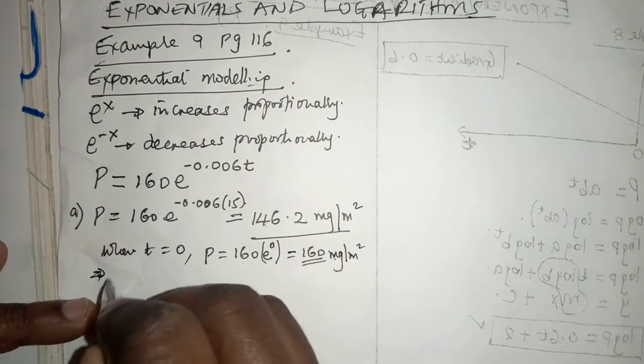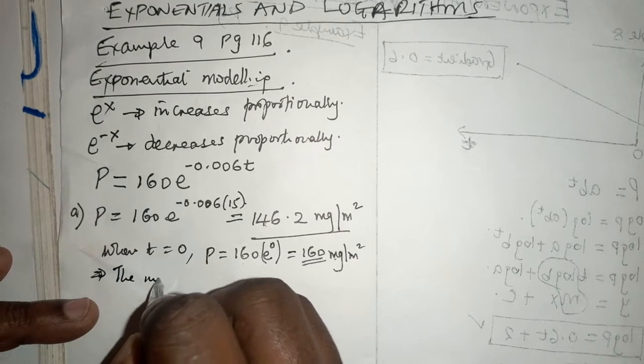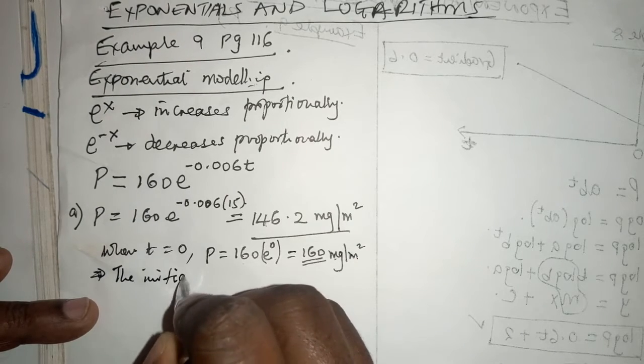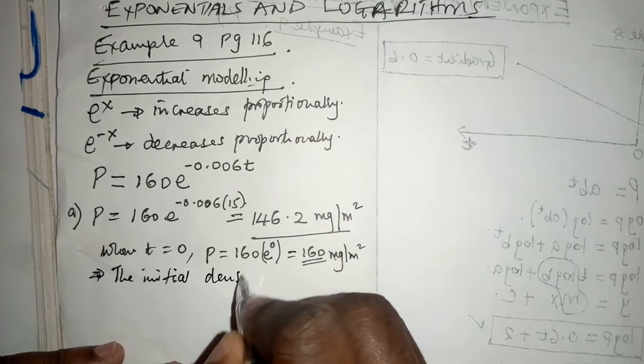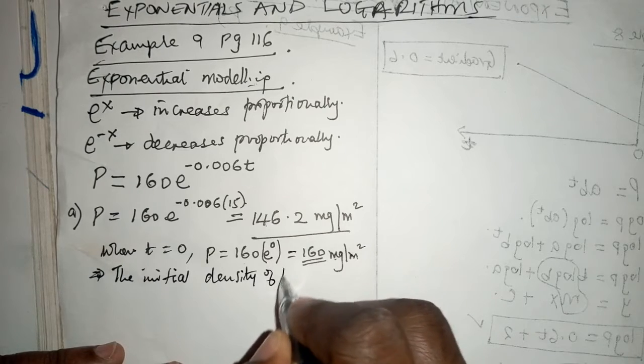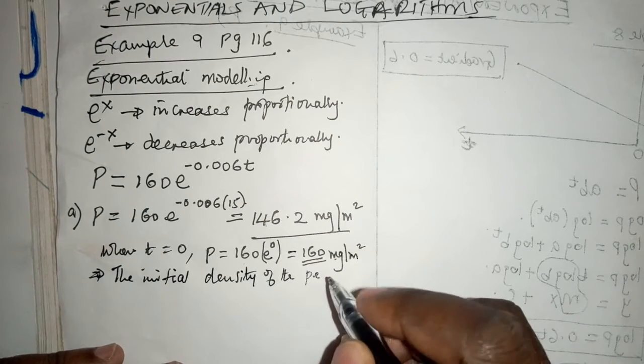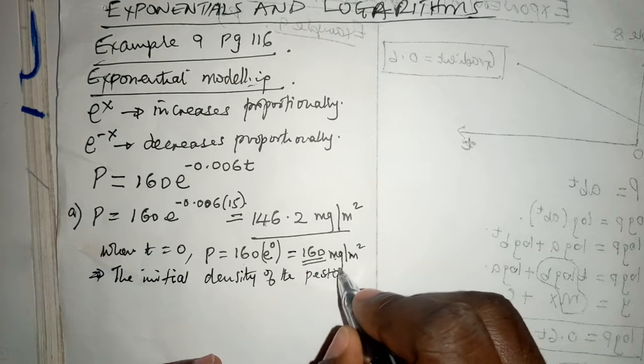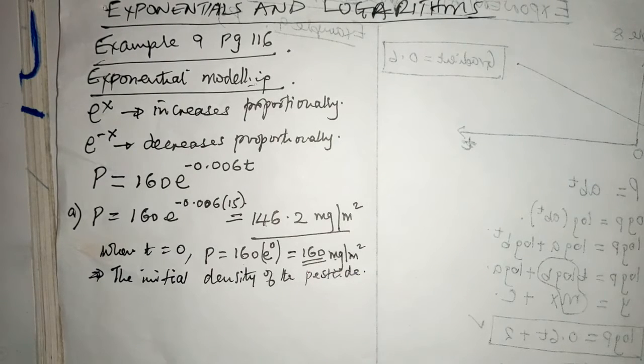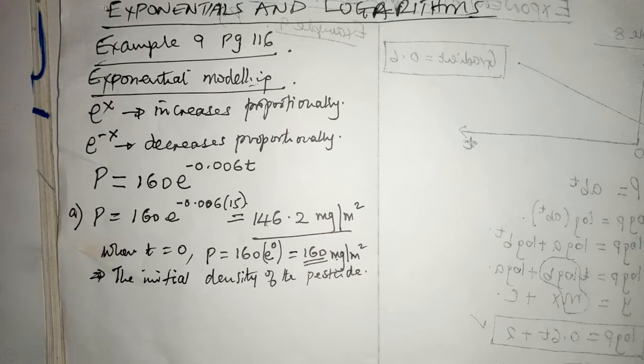So this is the initial density of the pesticide, the initial density of the pesticide. That is it. And of course, now part C, show that dp/dt